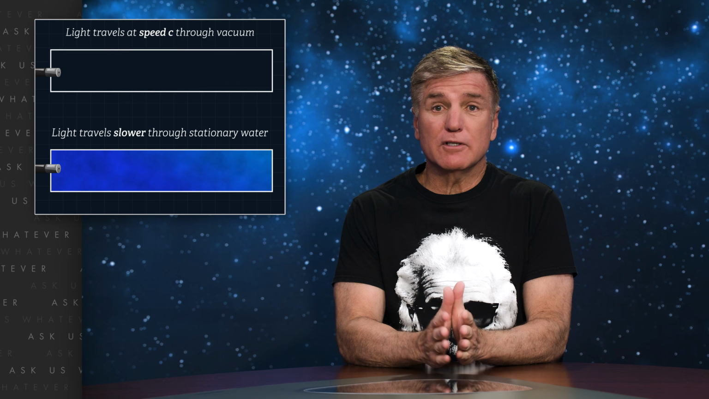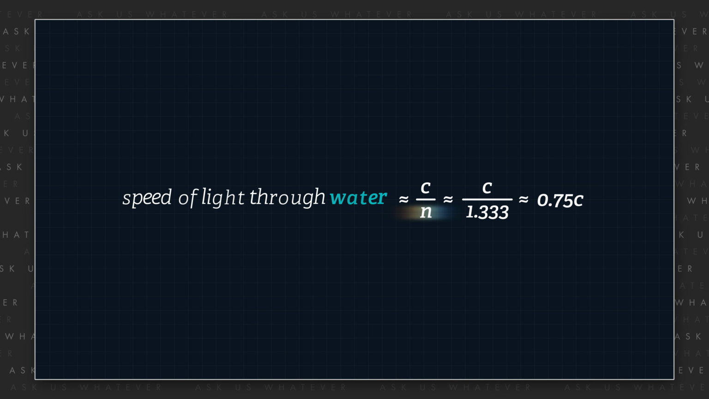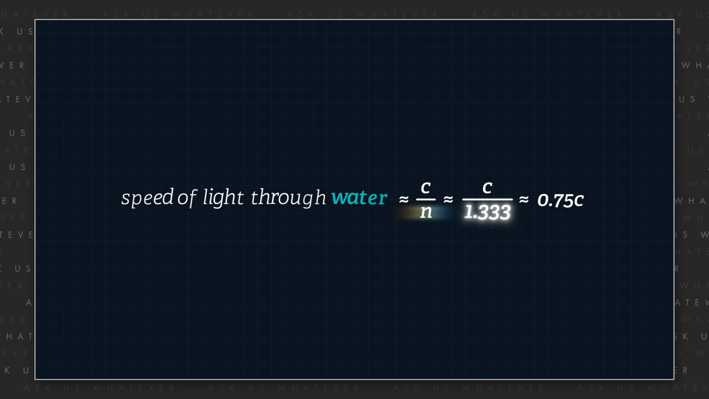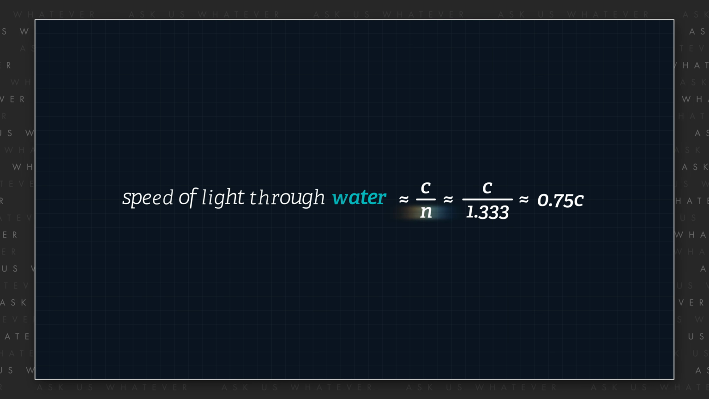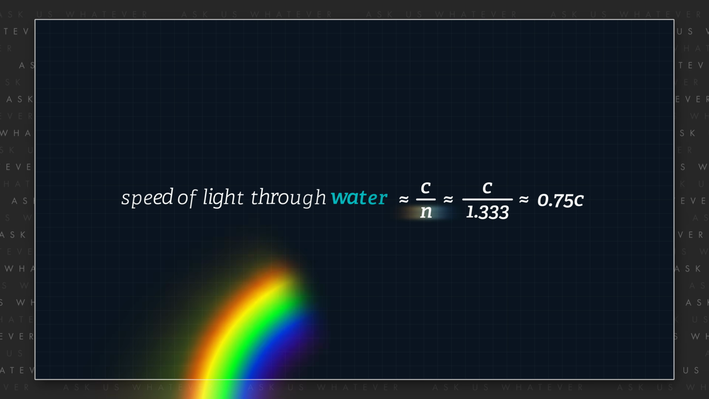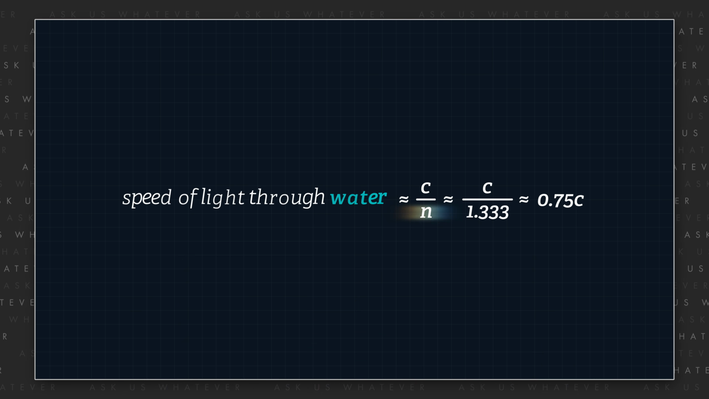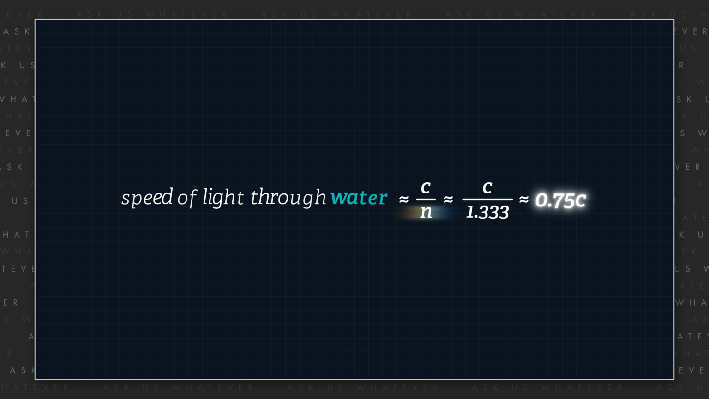Prior to Fizeau, it was known that light traveled more slowly through stationary water as compared to its speed through air or vacuum. The ratio of the speed of light through vacuum divided by the speed of light through a particular medium is called the refractive index n. For water, the value of n is about 1.333 and varies slightly with the wavelength of light. This slight variation is what causes us to see different colors in the rainbow. But for simplicity, we can generalize the speed of light through stationary water to be about 75% of its speed